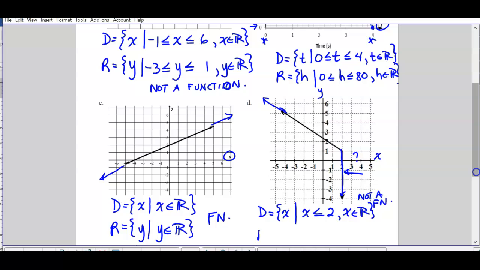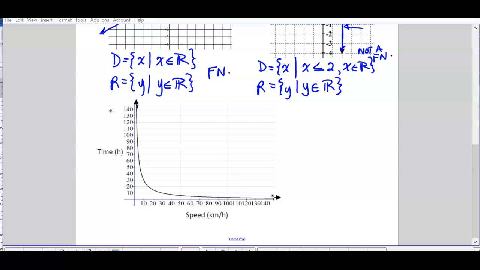Okay, then range is all y values. Take a look at the y, that arrow is going down, vertically down, so it goes to -infinity. Up here, it's going upwards, slowly, but it is, so it's all real numbers. So this is the set of y, basically similar to that graph